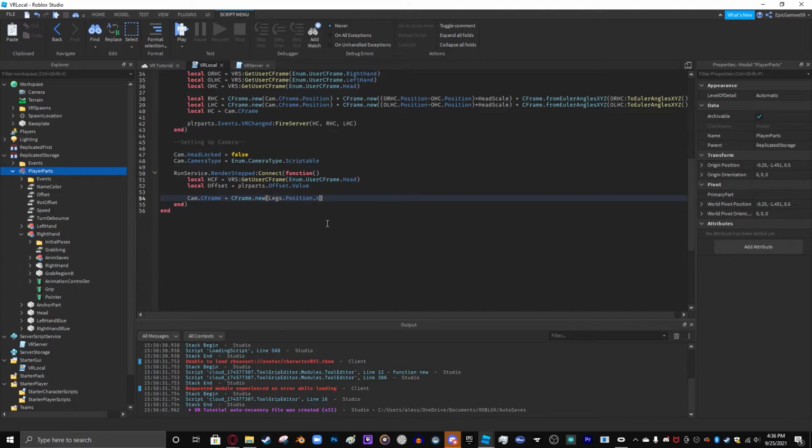All right. legs.Position.Y and legs.Position.Z) times CFrame.new(0, offset, 0) times CFrame.new(head. Actually, no, it's HCF. Yeah. Position